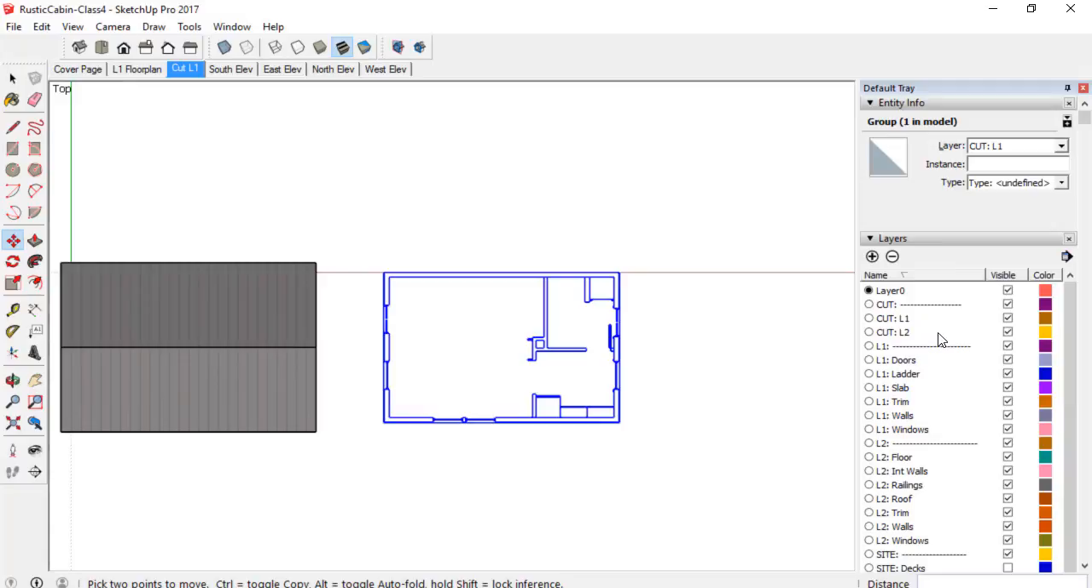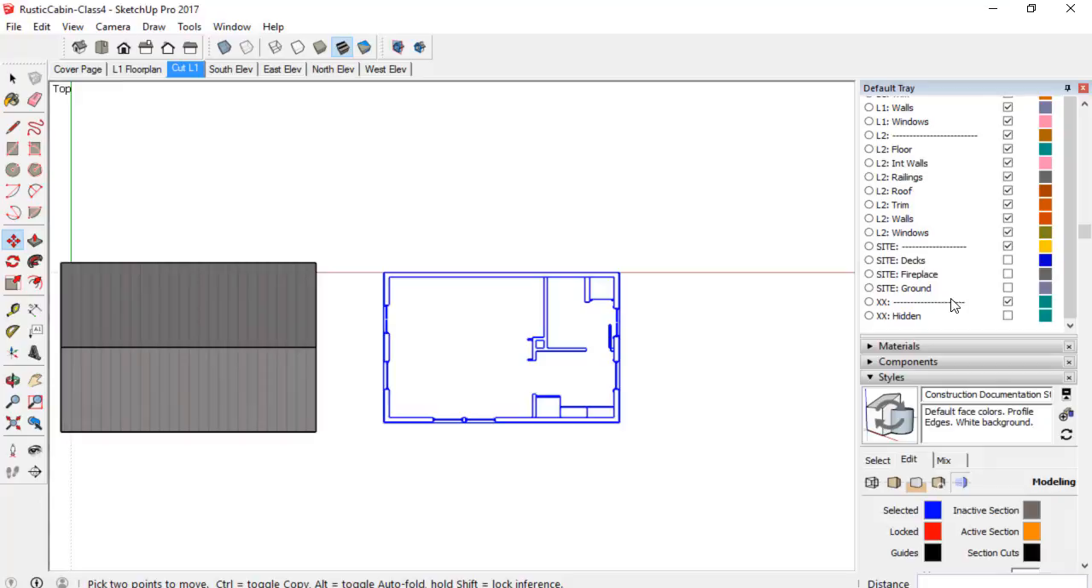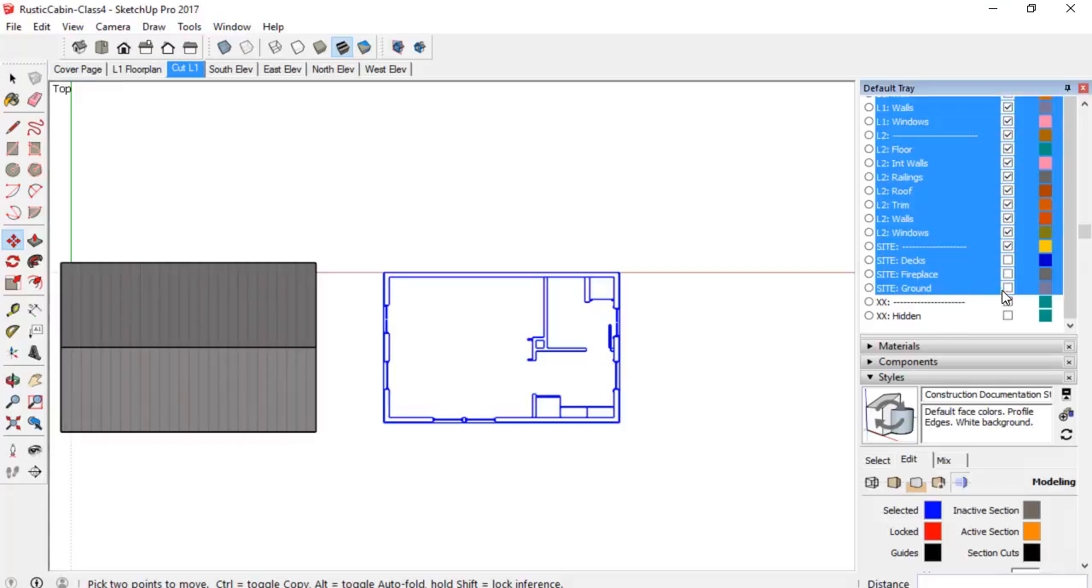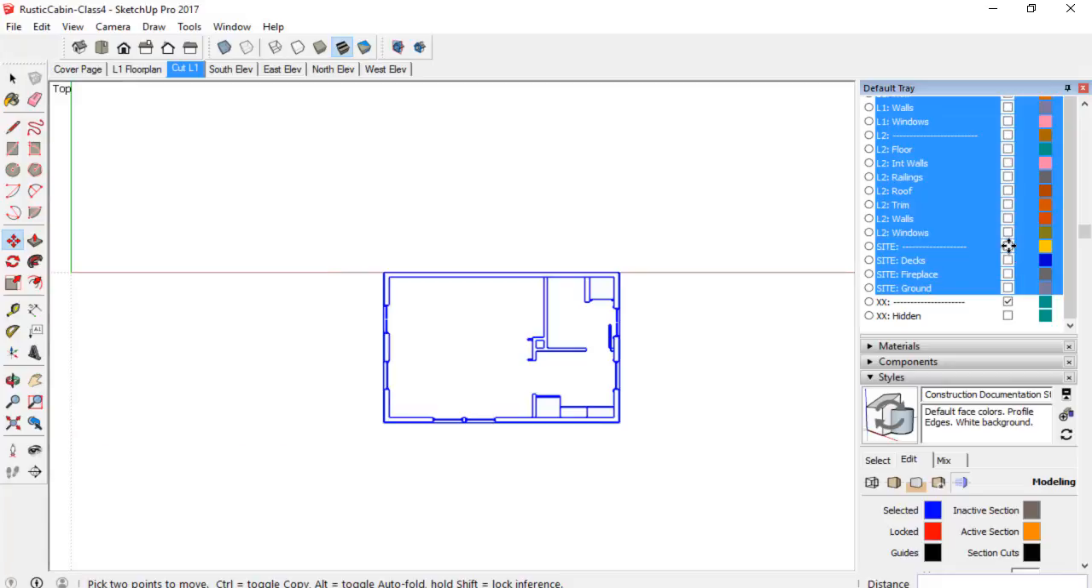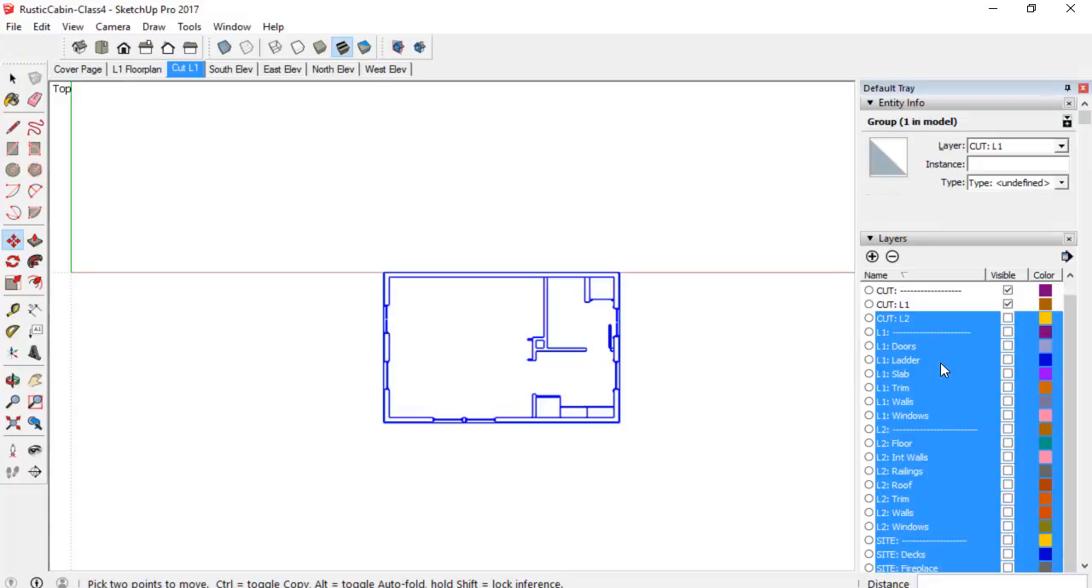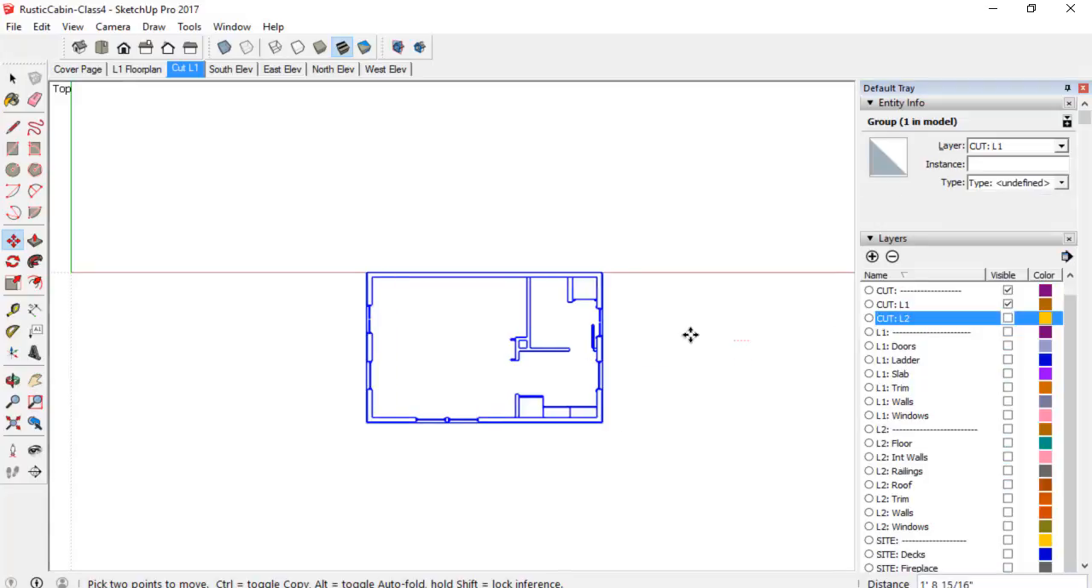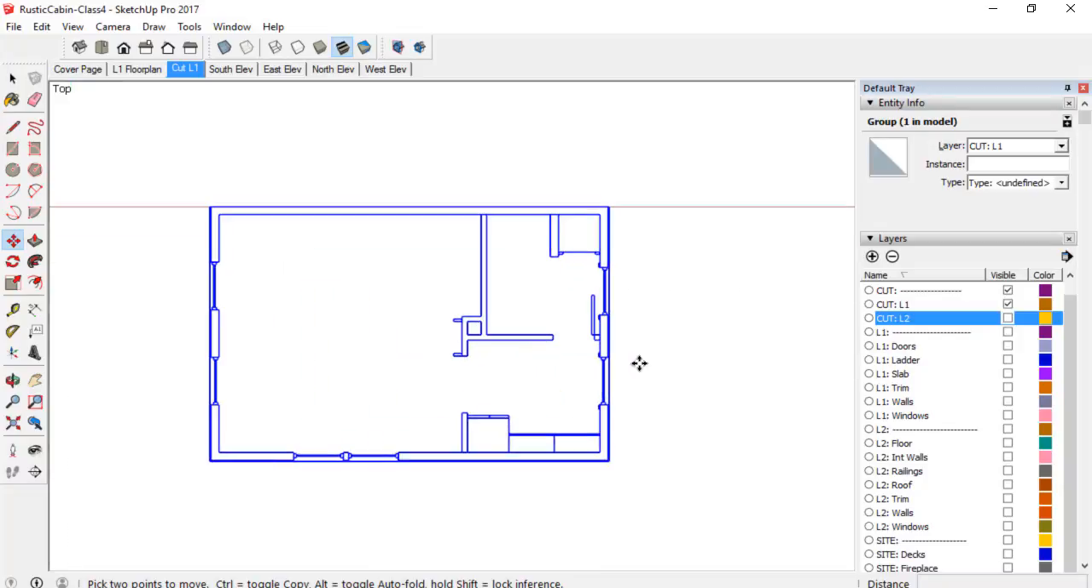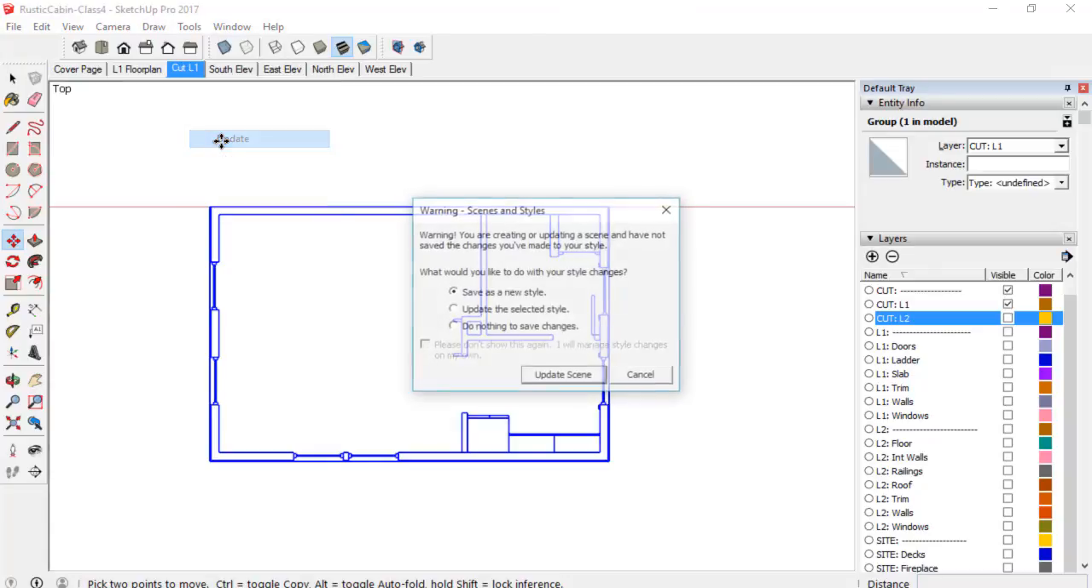I'm going to click on L2 cut, then scroll to the bottom and shift click on site ground and click in any of those. So now I have hidden multiple layers at one time. I'm going to click back over there, zoom in a little bit, right click and update on our cut. And now we get that same warning that